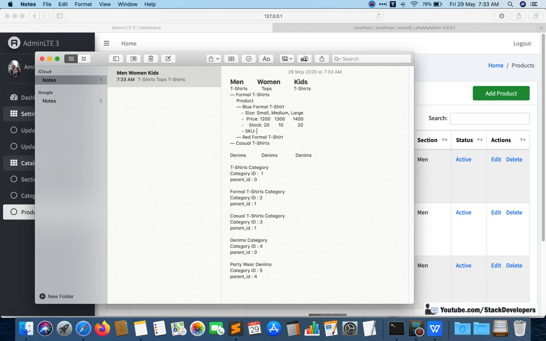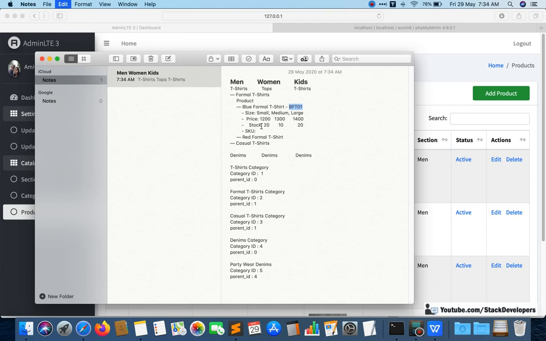Suppose the product code of this blue formal t-shirt is BFT01.